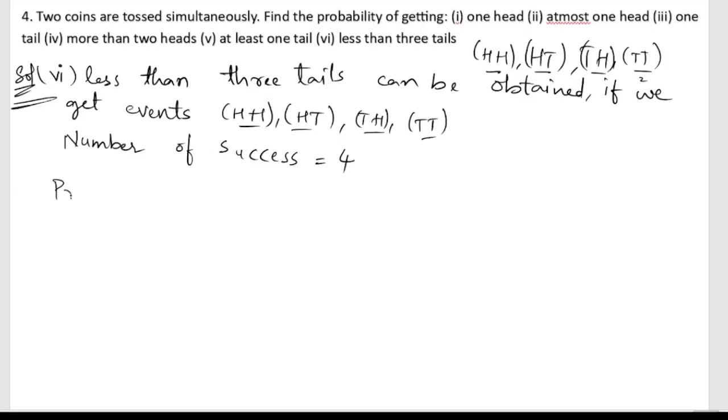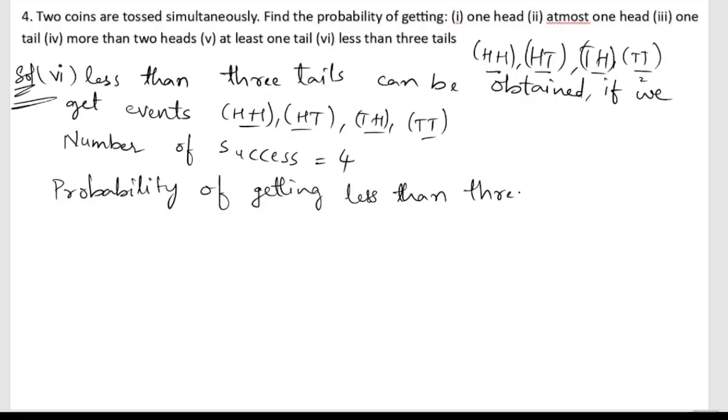Now we can write down the probability. The probability of getting less than 3 tails is equal to, the number of success is 4 and the total number of outcomes is 4. So 4 ones are 4, ones are. So we will get